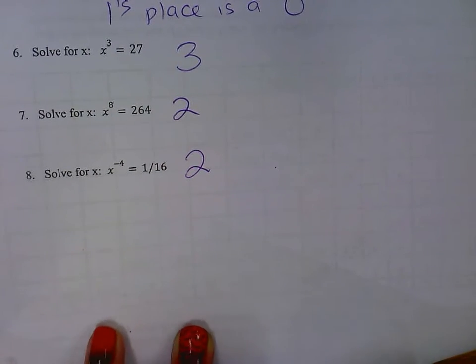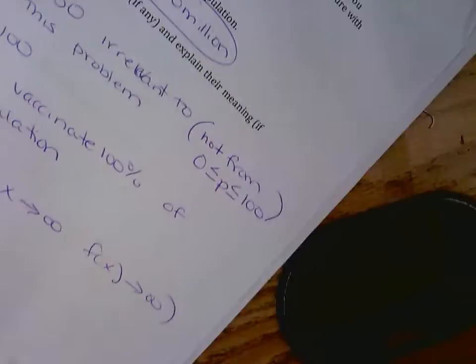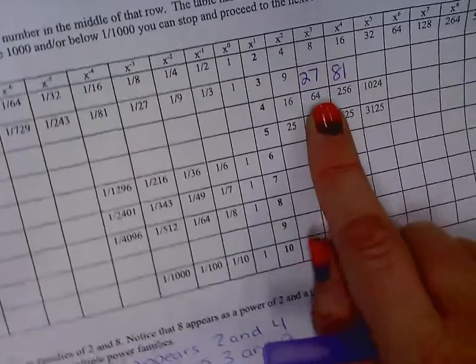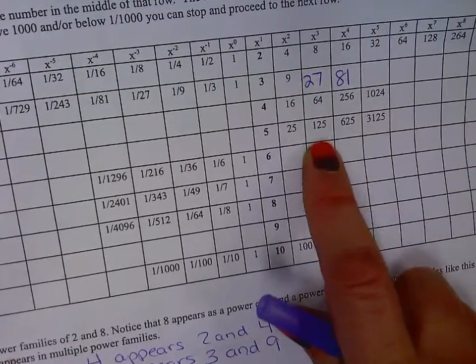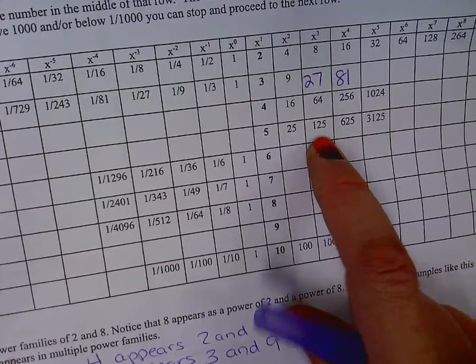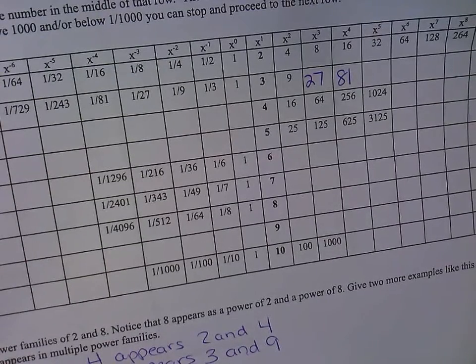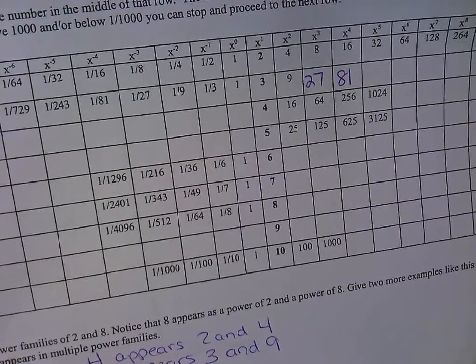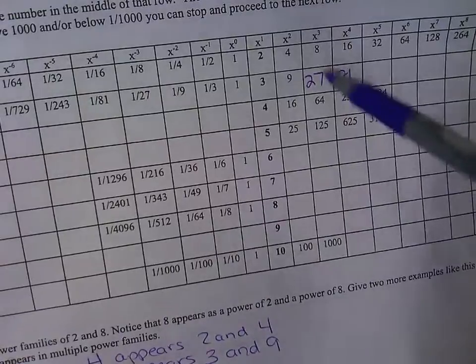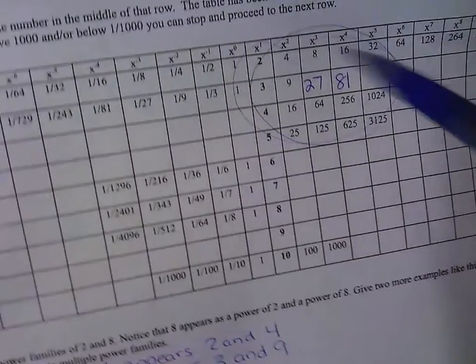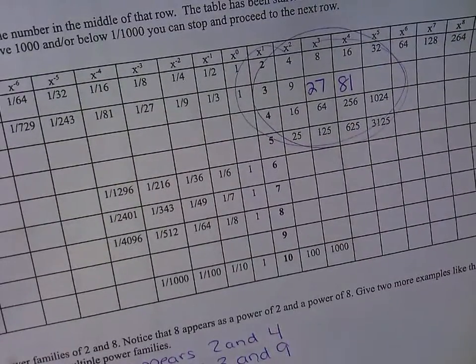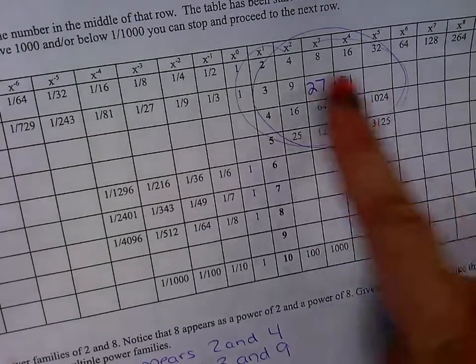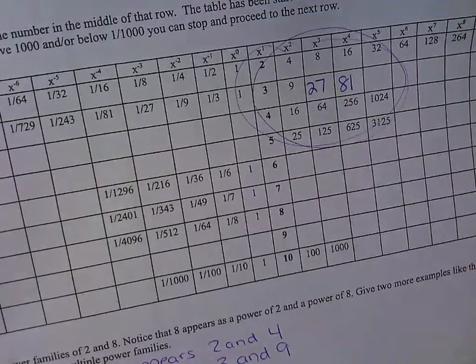So using your table, really, I'm not going to ask you a lot of the perfect cubes, but you should know like 27, 64, 125. You should be able to do any power of 10, right? 10 to the 5th is just add 5 zeros. But some of these lower numbers on the table, you should know that's 2 to the 3rd or 2 to the 4th because we're going to be using this kind of circled area a lot. So recognizing your powers. So when we come back from lunch, we'll kind of